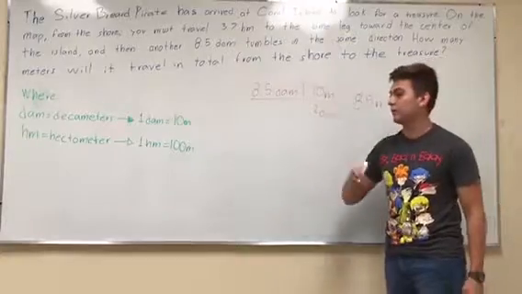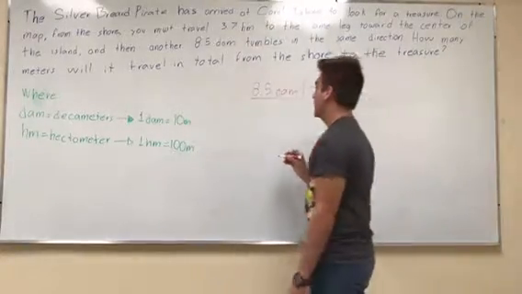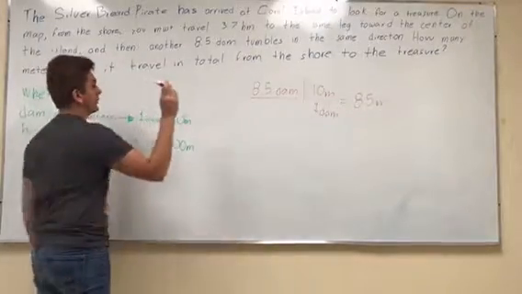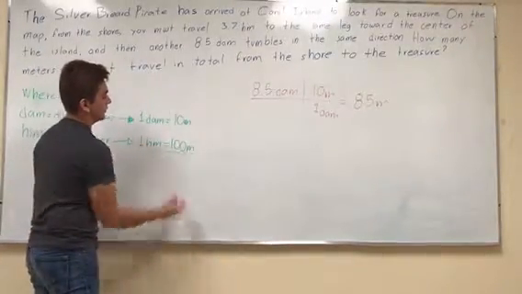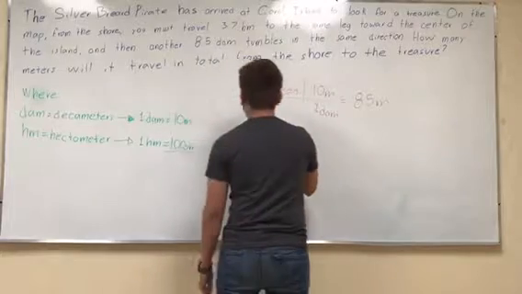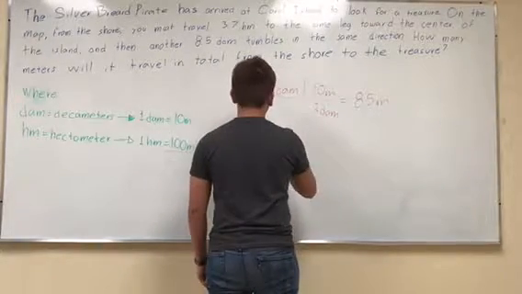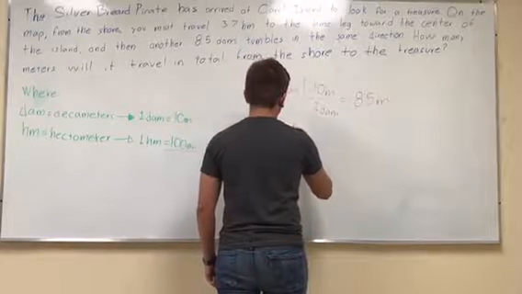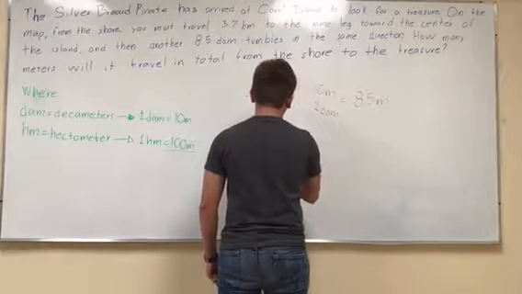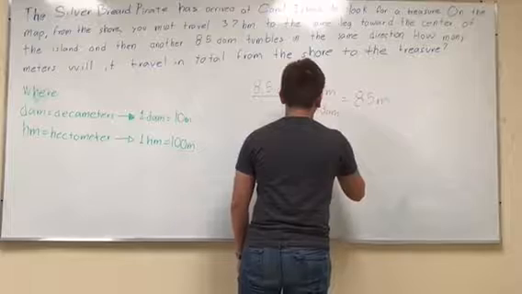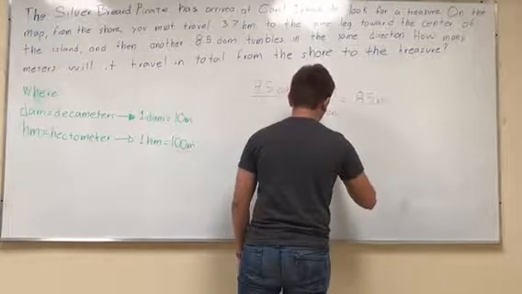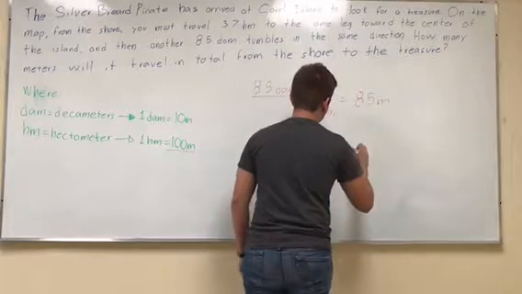Then we will do the same with the hectometers, but in this we will not multiply with 10, we will multiply with 100 meters. So 3.7 hectometers and with 100 meters. This will give you